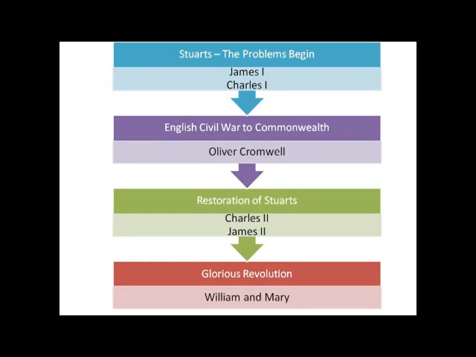He's not a king, but he's going to have what's called the Commonwealth. But Cromwell messes it all up, and we get the Restoration. The Restoration means the Stuarts go back on the throne, and then Charles II and James II rule. But there's still problems in England, and so they make an agreement with relatives named Mary and her husband William, and we have what's called the Glorious Revolution.